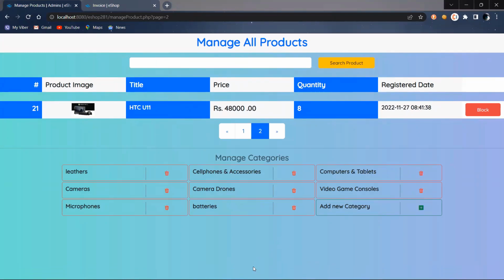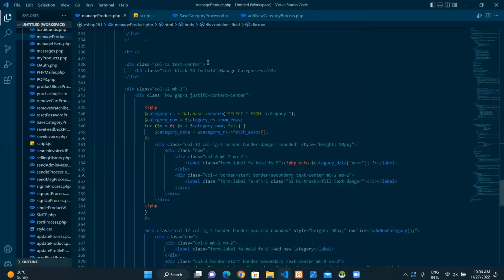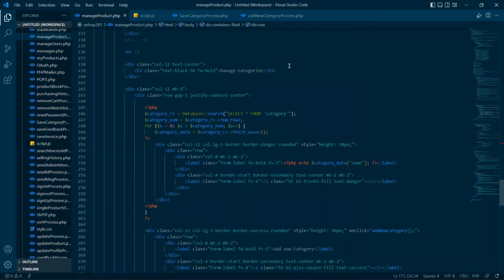Now let's see the coding part, how to design and program it. Here's my manage product page. In there, this is the part where I add the manage category section. Firstly, I have used the H3 class to display these manage categories, and then using this PHP script, I have taken the value of the category table and